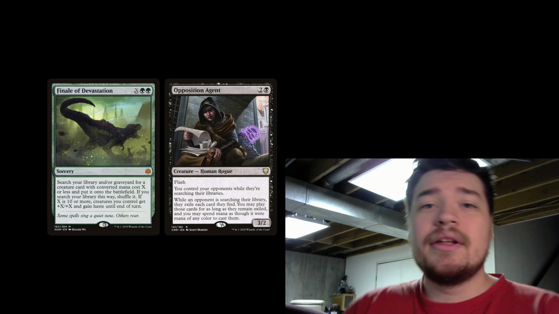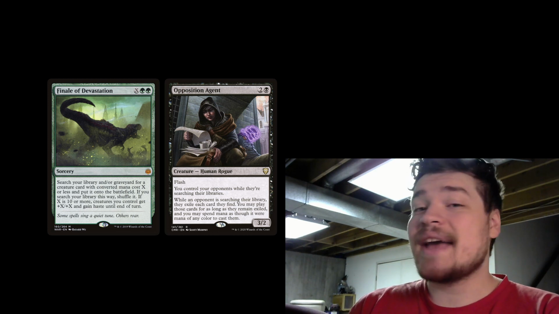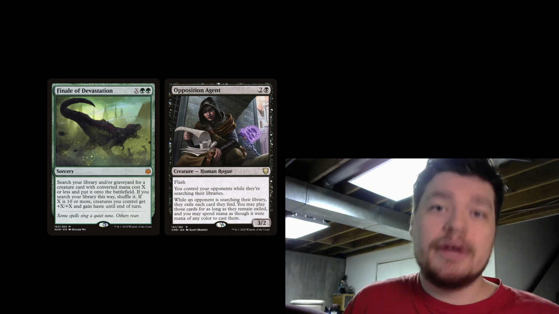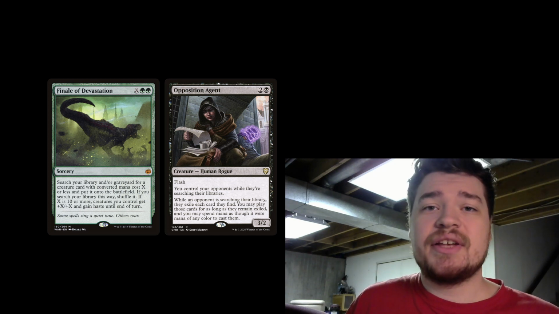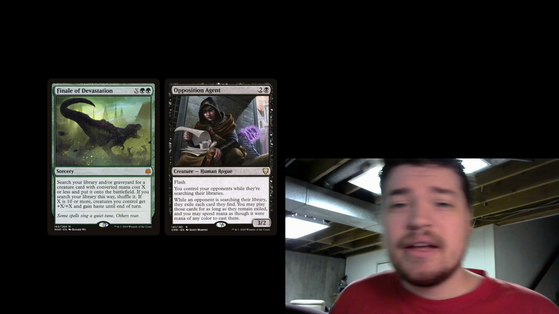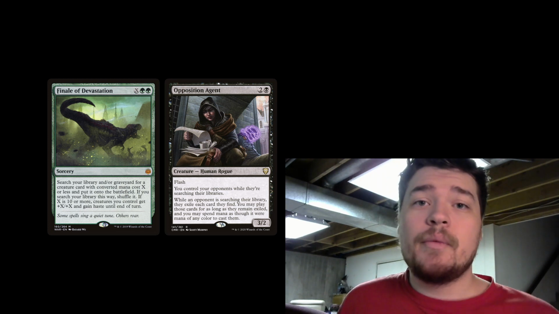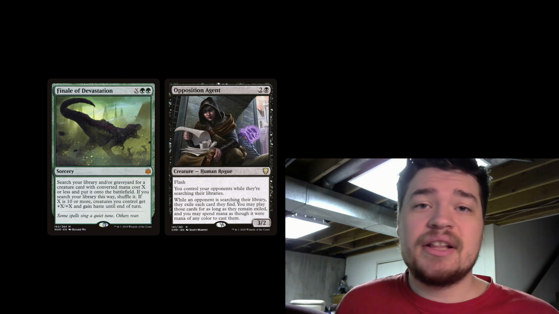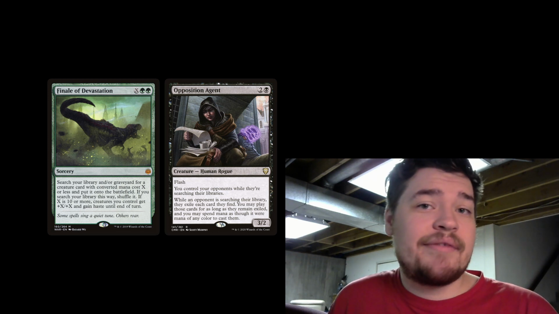Number 4, Finale of Devastation doesn't actually have to search your library. Because of the text on Finale of Devastation, where it specifically says and/or, that means that you can put the spell on the stack with a certain mana value for X. Say your opponents do something like they cast an Opposition Agent or an Aven Mindcensor.